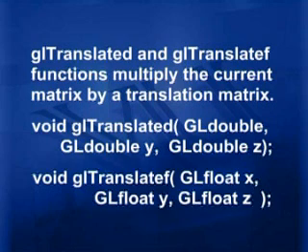Void GL translate D, GL double X, GL double Y, GL double Z. So this would be the syntax for using GL translate D, and for GL translate F the syntax is void GL translate F, GL float X, GL float Y, GL float Z. We have seen how we have made use of the translation matrix when we were talking about